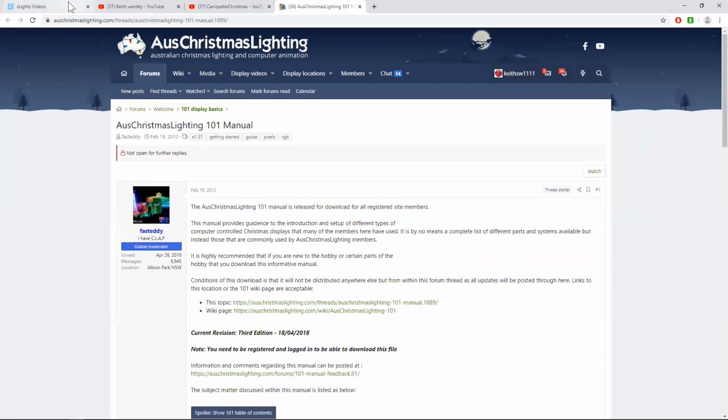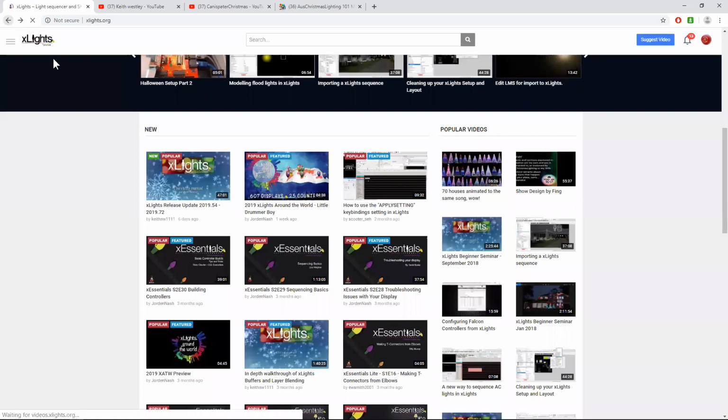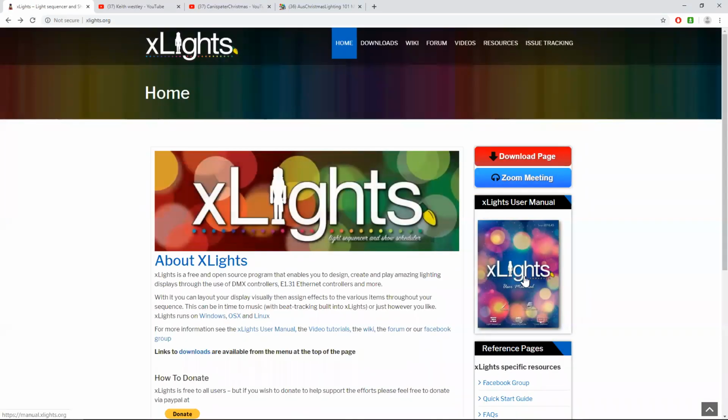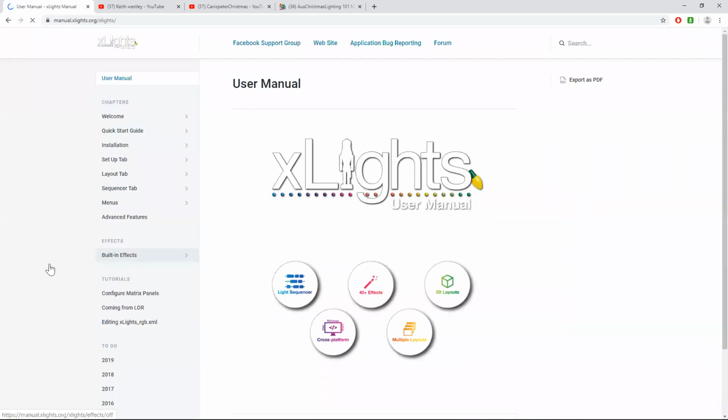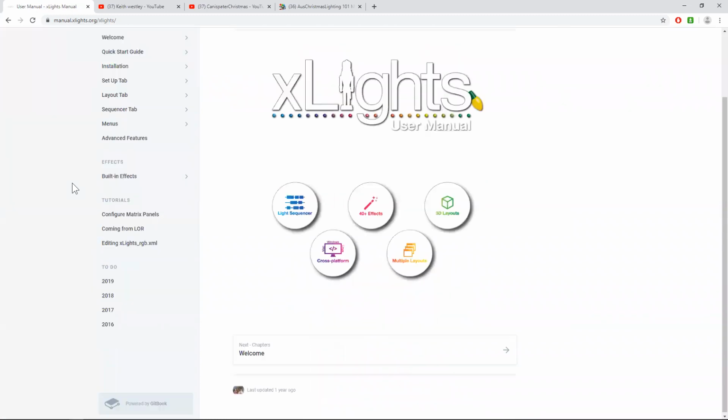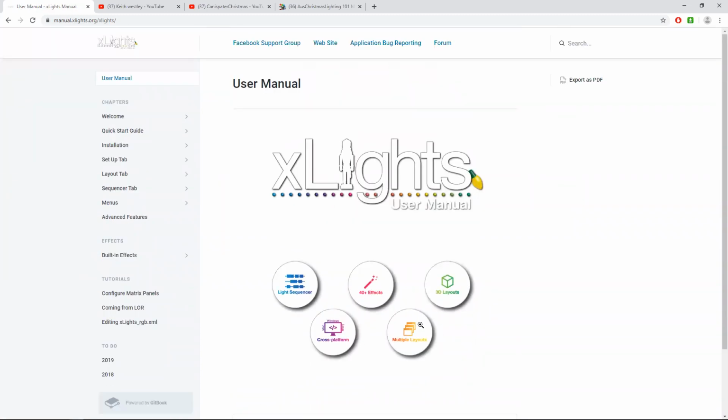If you go back to the xLights page, we have a manual here as well, which you can access. These days it's an online manual. You can't download it as a PDF anymore, or maybe you can export it. I don't know how good that is as a format, but there's a manual here. FPP also has a manual. I'm not going to go find that right now, but there are manuals for those things, and definitely worthwhile looking at. I just understand that the xLights manual struggles to keep up,